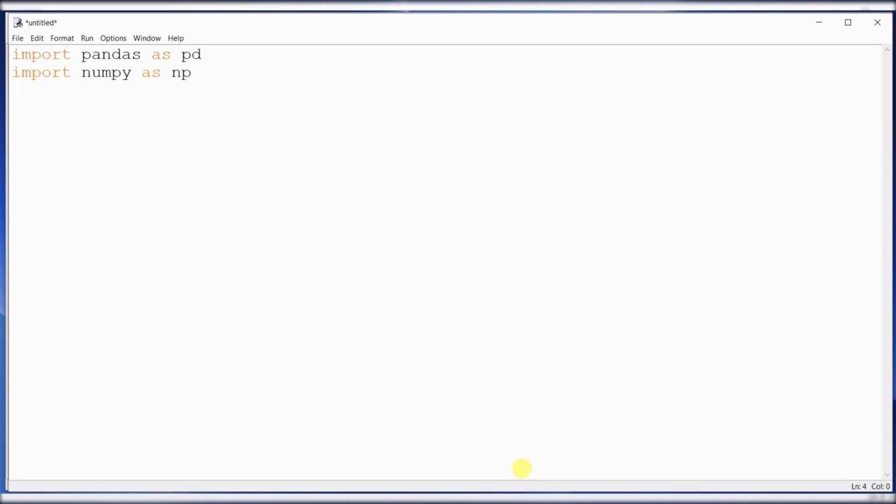Then we define the data is equal to, here type a name, Manasvi,